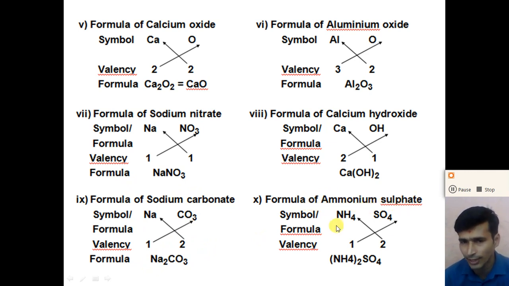Next and last one is the formula of the ammonium sulfate. Ammonium is a positive ion NH4 and sulfate is a negative ion SO4. Now the valency of the ammonium is 1 and the valency of the SO4 is -2. Now cross over the valency of the positive ion and the negative ion. We get the chemical formula of the ammonium sulfate, (NH4)2, right? So the valency of the sulfate, 2, is combined with the NH4, we get (NH4)2SO4. The valency of the ammonium is 1, combined with the sulfate SO4. So the chemical formula of the compound ammonium sulfate is (NH4)2SO4.